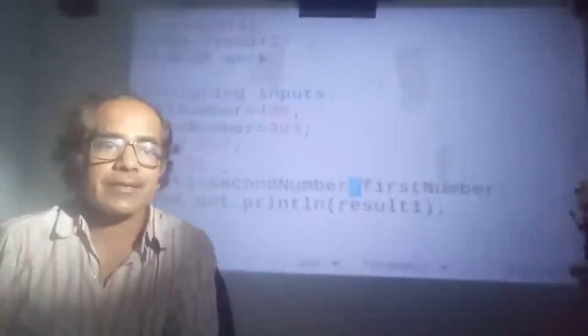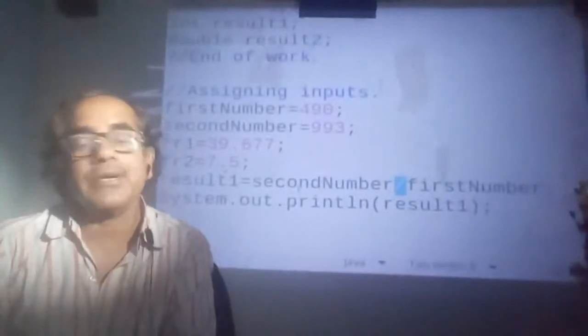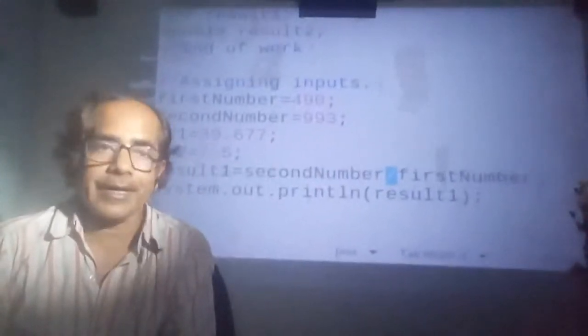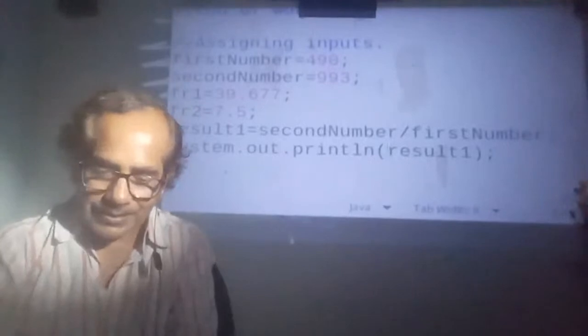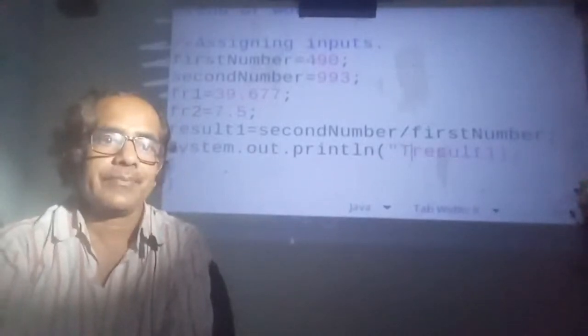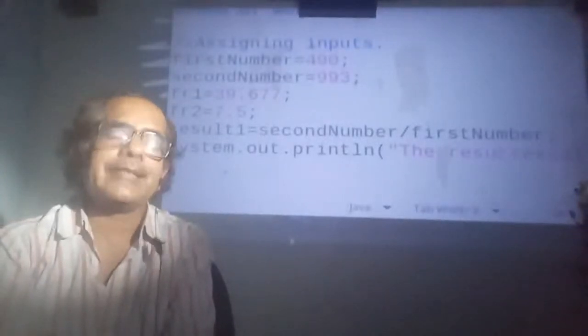So I told here that these operators, you can change in between first number and second number, you will get the result accordingly. Now understand about one more thing. Suppose I write here the result, या ऐसे लिखो,